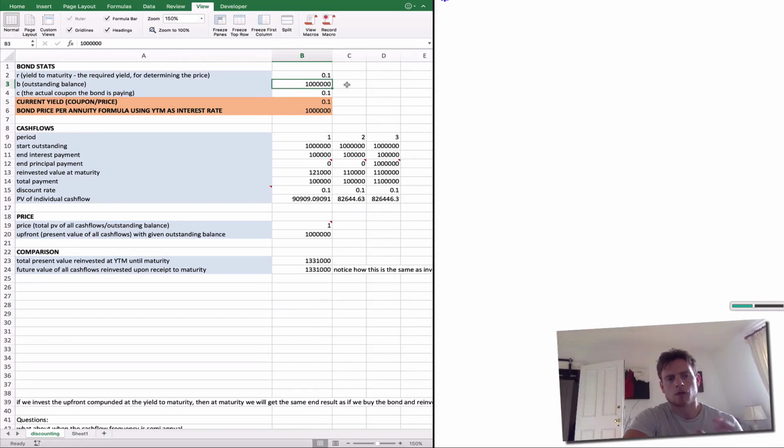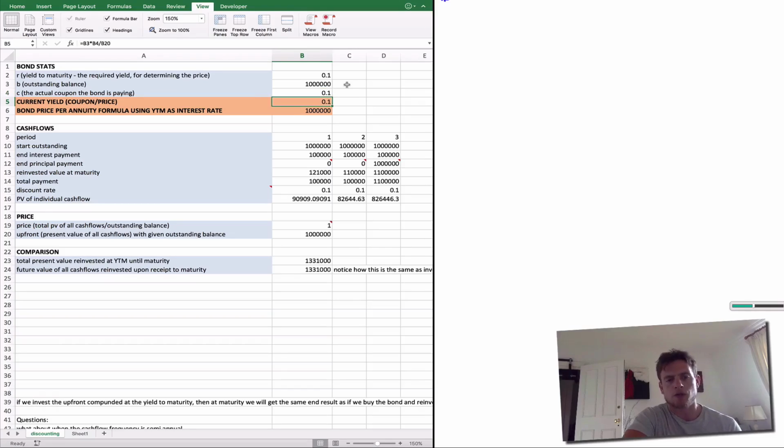So again, required yield means this is the yield that I require on this instrument, because this is what I can get elsewhere, and if this instrument gives less than that required yield, then I'm not interested. Okay, so let's start with that at 10% as well. So at the moment, that required yield is the same as the actual coupon rate that the bond is paying,